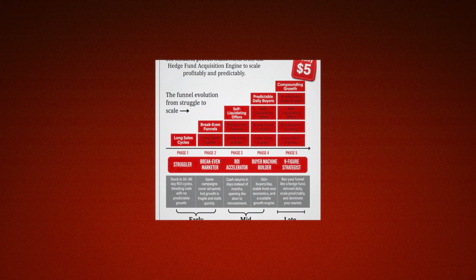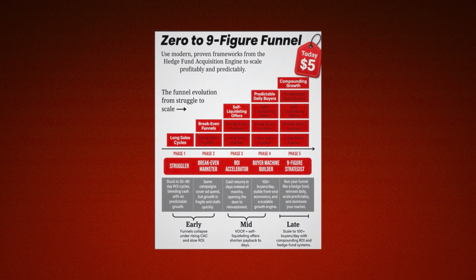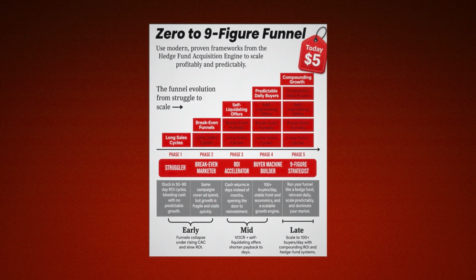The third is the infographic style image. Complex information laid out visually so the viewer can scan it in 2 seconds and understand the entire offer. This format works because it shows the viewer that you understand their problem better than they do. The structure of the infographic is the proof. If you can map the path that cleanly, you've already done the thinking they were gonna have to do themselves.